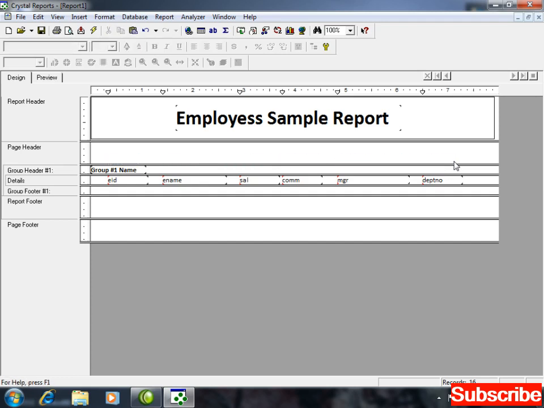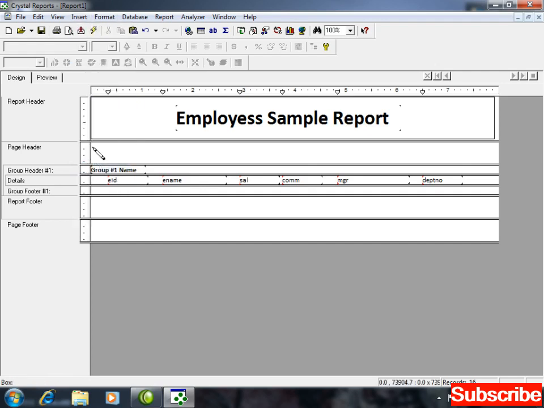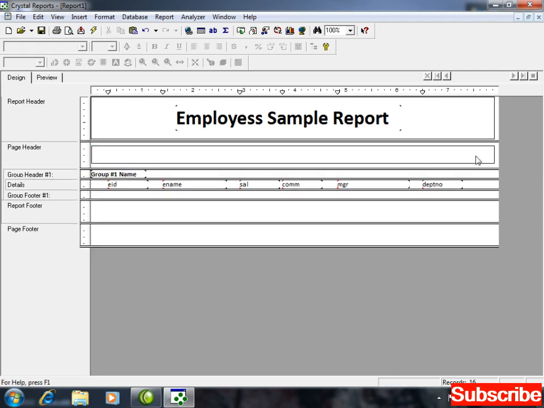Control X, cut, insert. Once more, I need a box. Box inserted. Now inside this box, Control V, working, right?